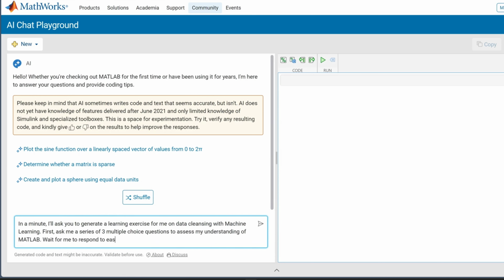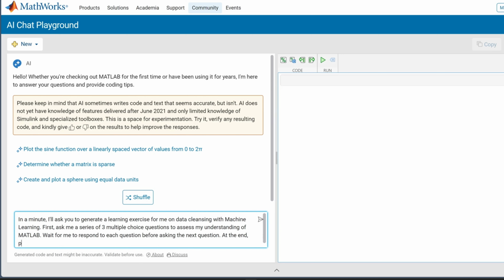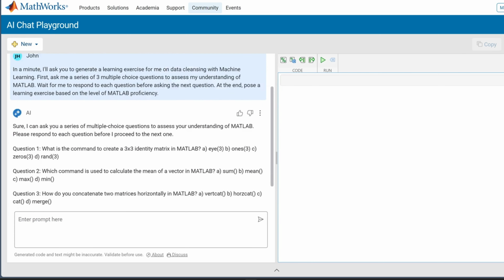Wait for me to respond to each question before asking the next question. Okay, at the end, pose a learning exercise based on the level of MATLAB proficiency. All right, so let's see what it'll do.